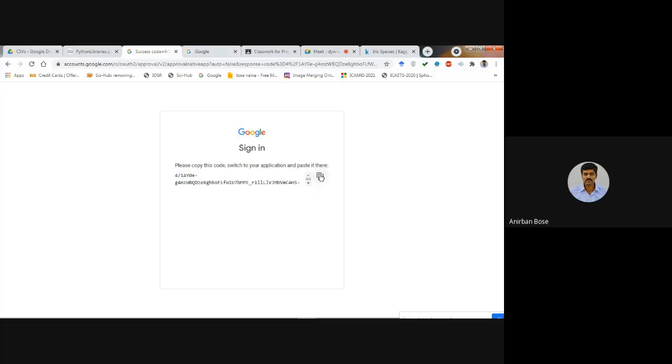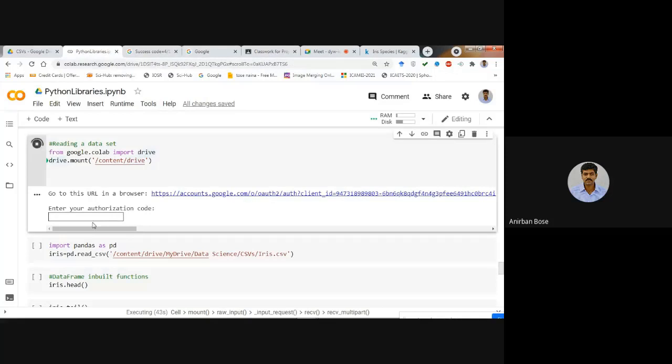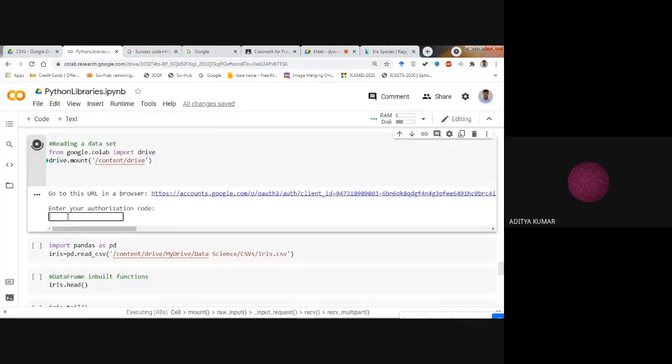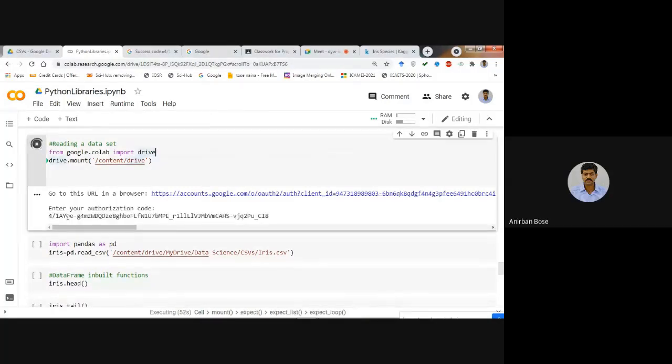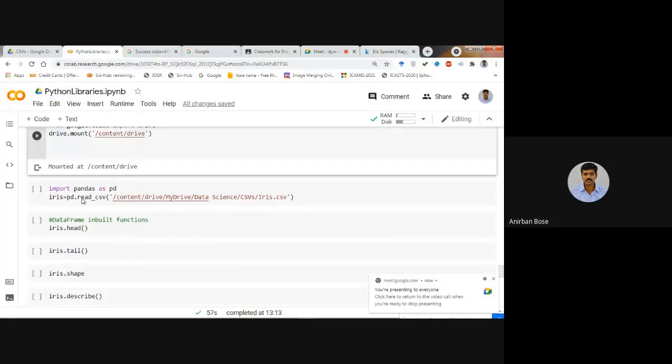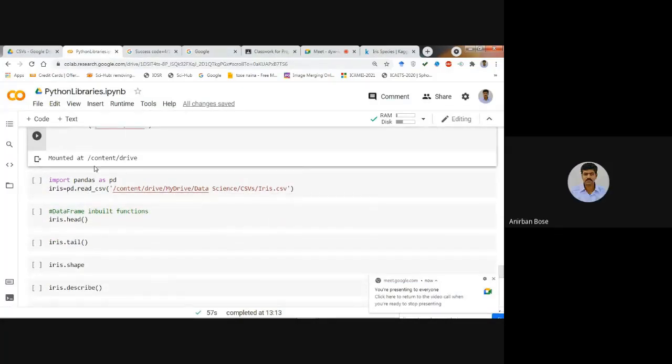Click here, that means you just copy it, and after copying that you go to your page, and here in this space you paste that, and then press enter.